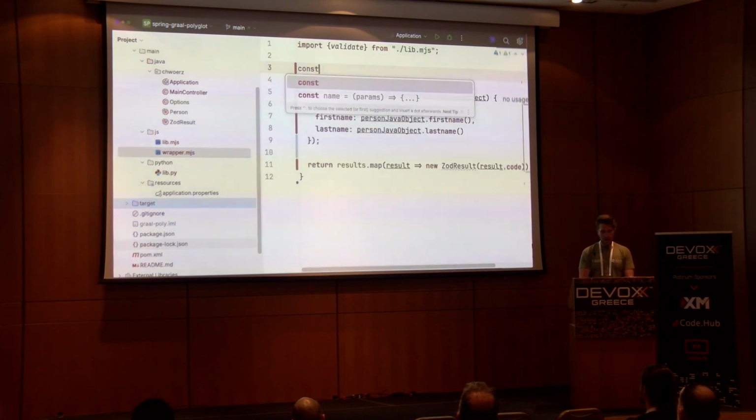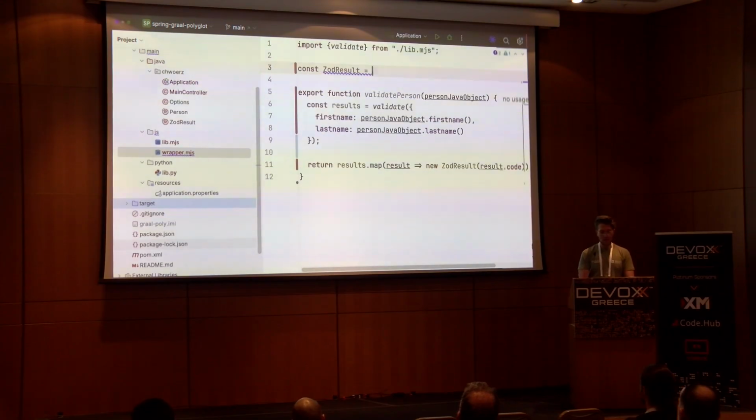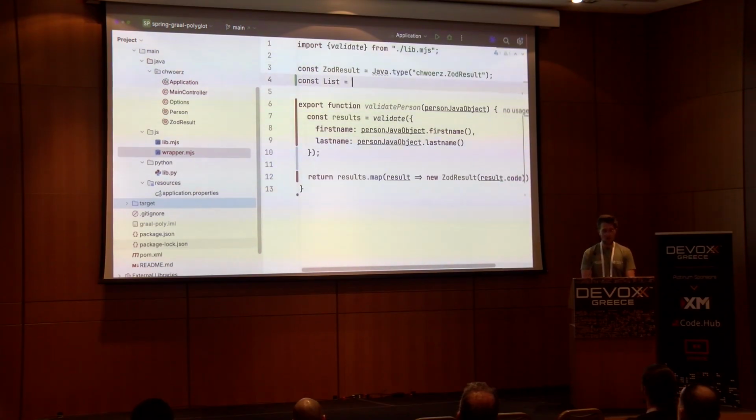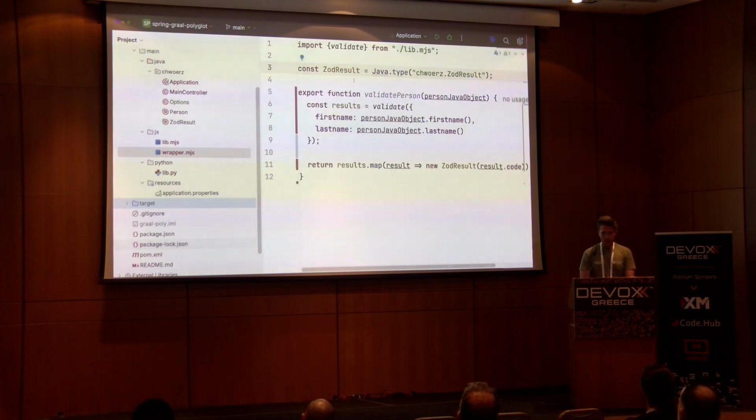We can just say, we create a new result variable here, and we call java.type, and we pass it the path, the package path, to our Java class. And now we can use Java stuff inside of JavaScript here. So we could even say we want to have the list interface, and we can use java.type and can then access it like that. So we can access all the Java stuff inside of JavaScript. Of course, not only in JavaScript, also in Python, Ruby, files, and so on. Now that we have done this, we are already done with this wrapper, and let's now use this wrapper inside